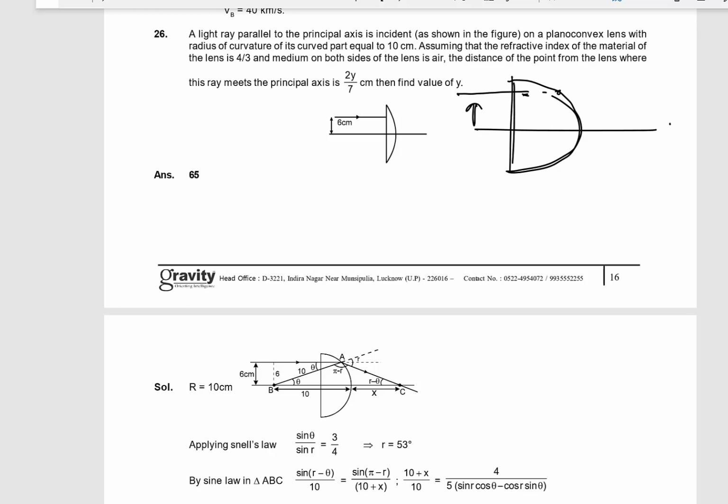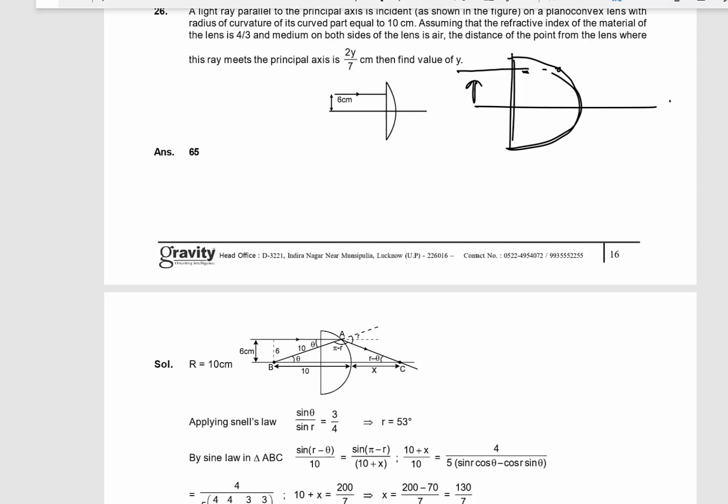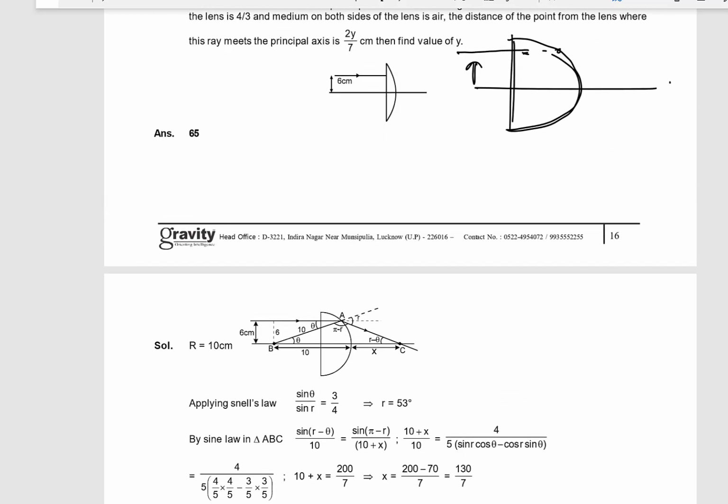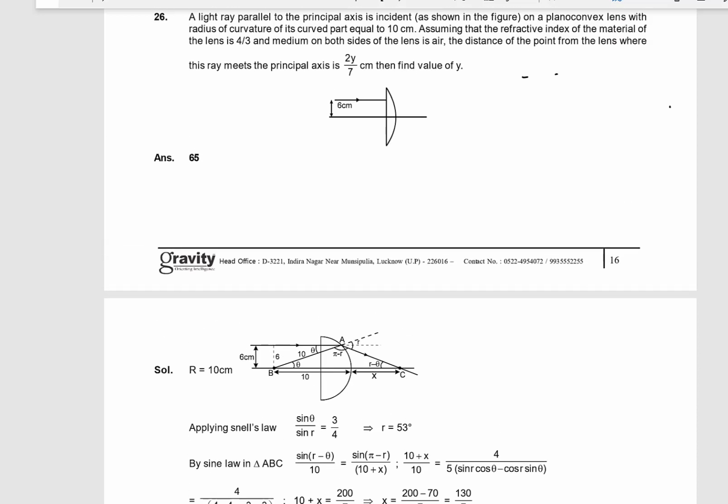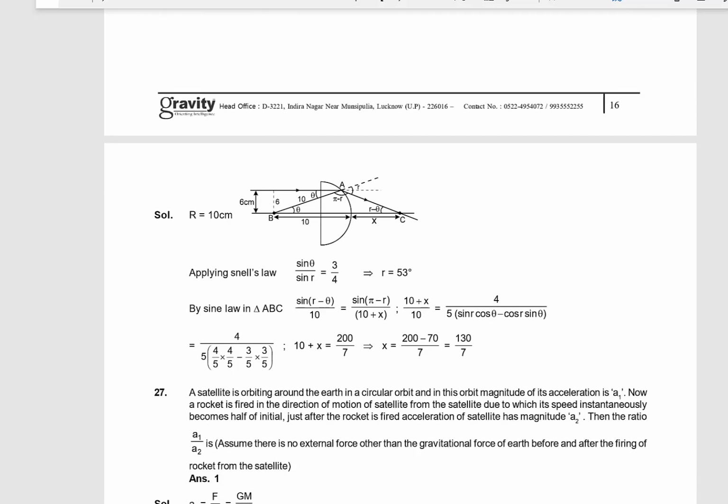So the refraction formula at a surface, mu2 by v minus mu1 by u equal to mu2 minus mu1 by r, will not be applicable, right? What we'll do in all such cases is directly apply Snell's law. There is nothing else to do. When the ray is passing through this vertical surface, it will go straight inside. It is meeting here at this particular point. This is the angle of incidence, this is the angle of refraction, right? We'll use Snell's law to find r. From that we are getting r as 45 degrees.